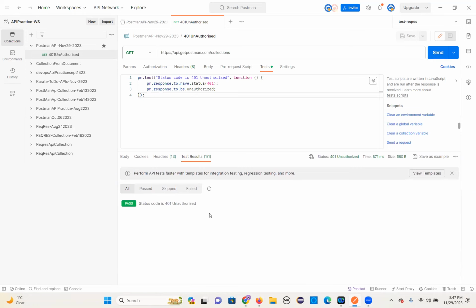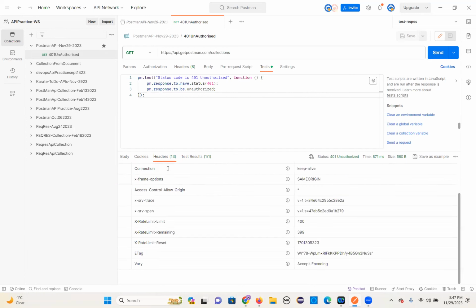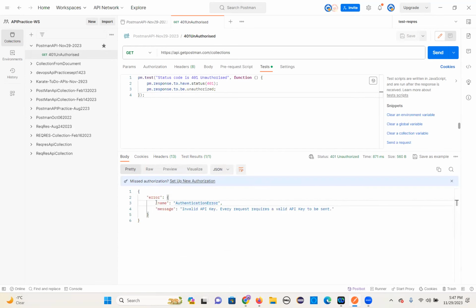So like this, results one by one. You can write like this and you can go to body. This is the response body. If you want to see response headers, these are all the response headers. And response body. If you want to get this name value, you just want to verify it, I want to add another test case. Let me add another test case. So go to the next line and see here, response body,